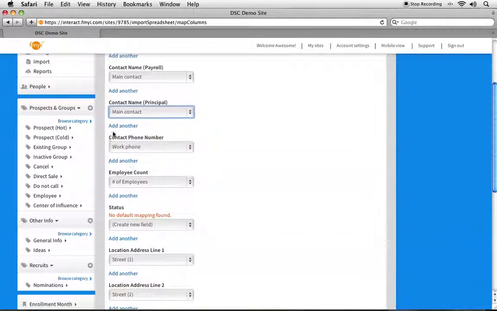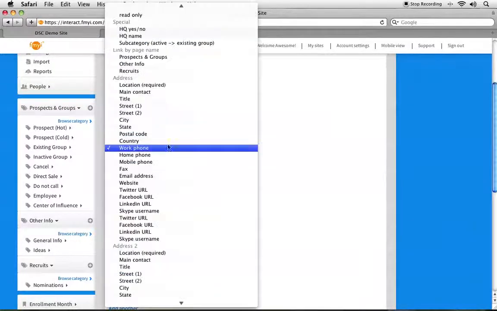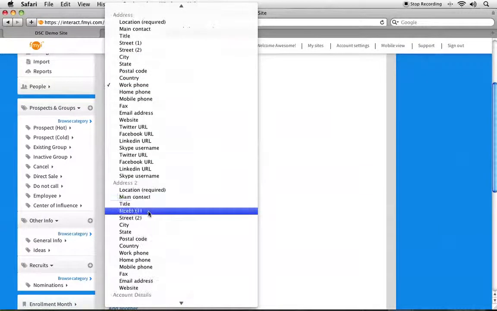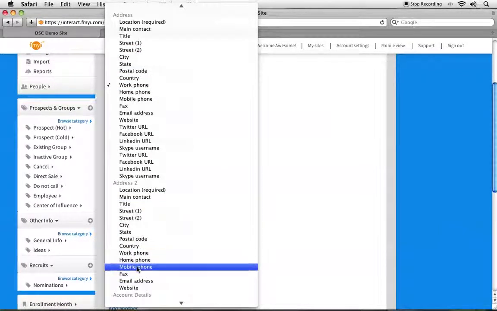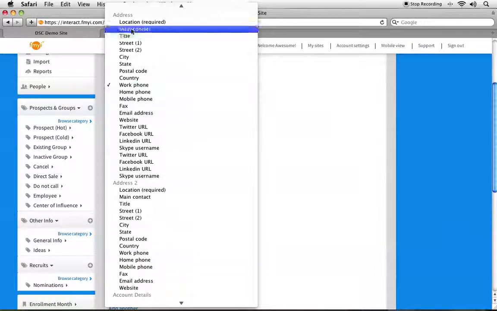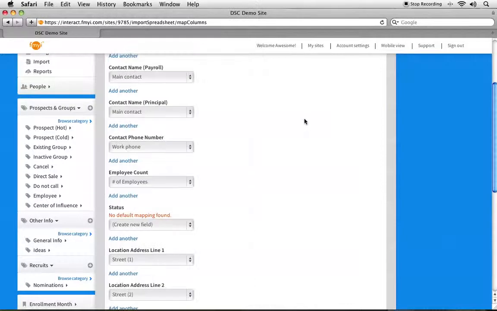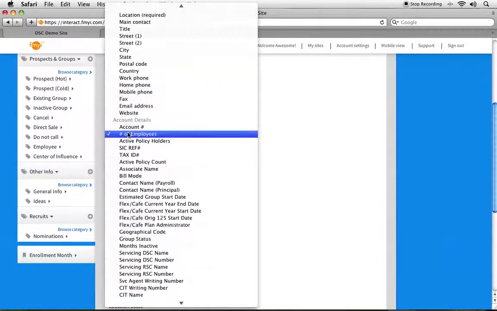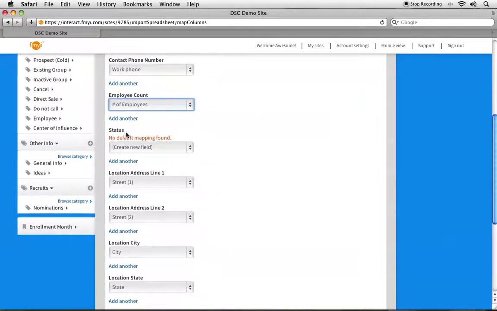But I want to make sure that the contact phone number is assigned to the right person. So is this the principal? You want it to be under address here, or is it the second piece of contact information? So it's just a matter of matching it together and being aware of the fact that there are 2 things here saying address. So everything else looks like it's assigned except for the status,